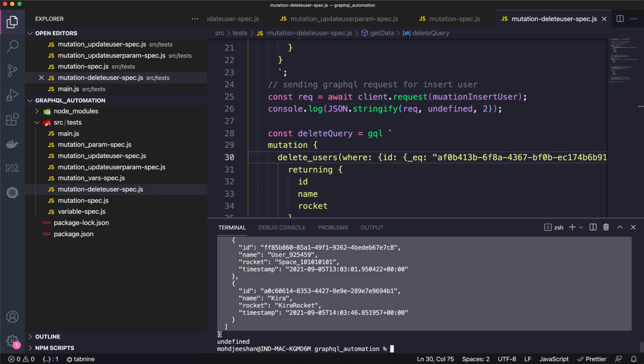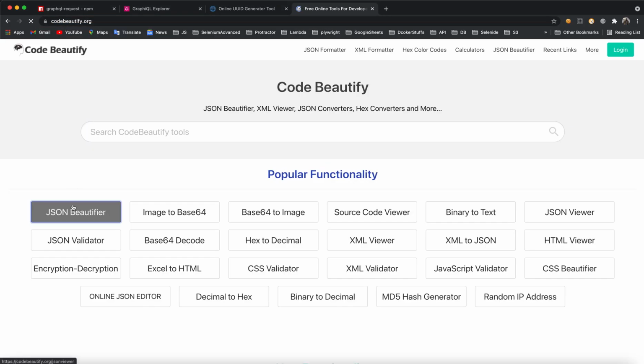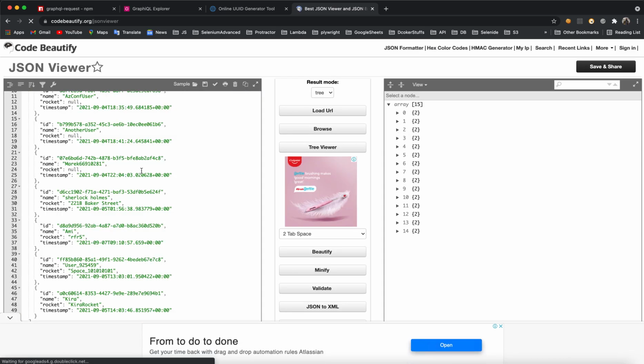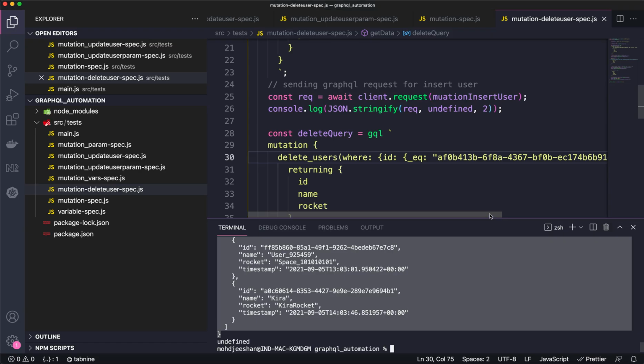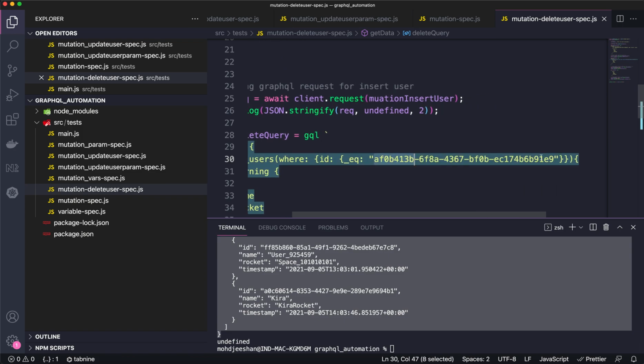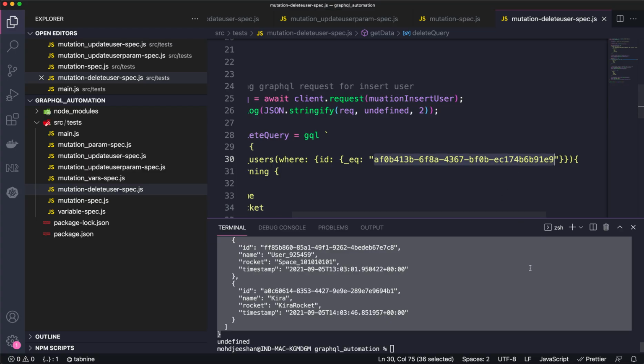So for that, what I will do, I will just prove this to you by just going to the code beautify. So now let's go at this point. I will search with the same ID. You will not get it. You can see 0 of 0. Even though I will search with Lelouch, you will not get it, right? So yeah, this is how you can use a delete query using the mutation. So I think this video is helpful for you, and you might have got an idea how the mutation for a delete operation works in the GraphQL.